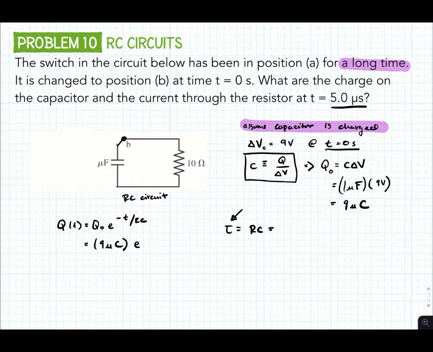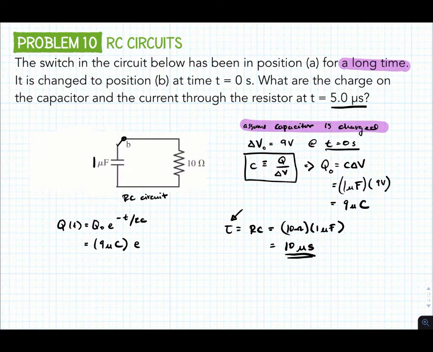RC is going to be equal to 10 ohms times 1 microfarad. So this gives us 10 micro somethings, and it turns out ohms times farads gives you seconds. I know that's an annoying thing, but that means tau, our time constant, is about 10 microseconds, which means in